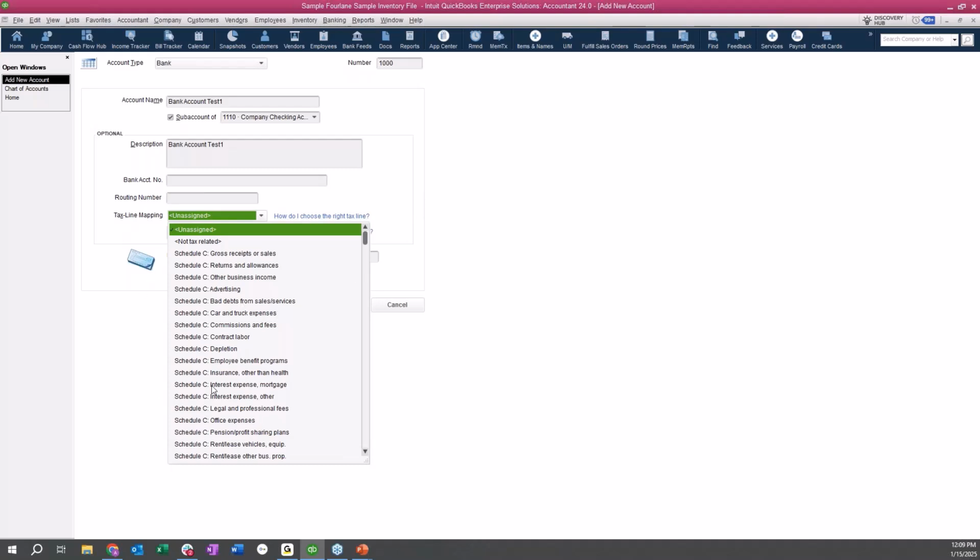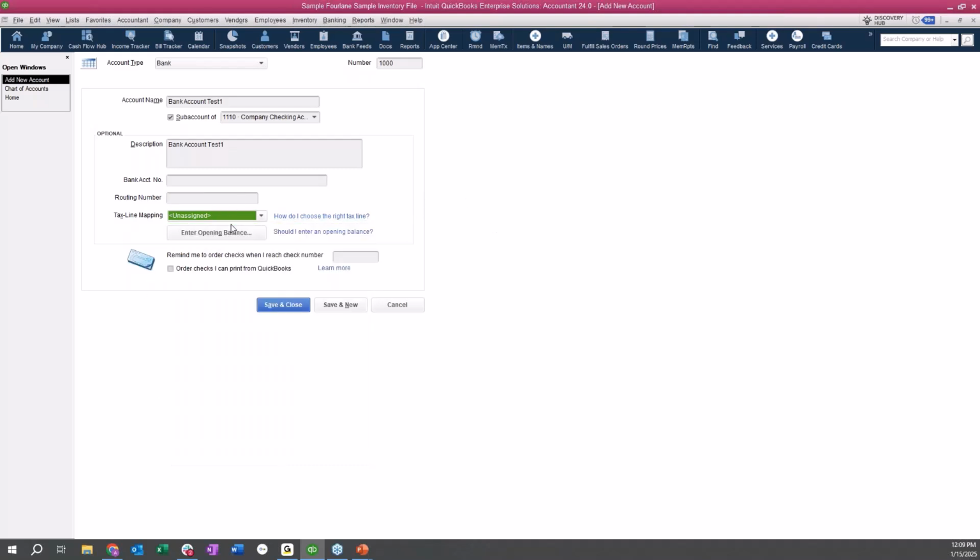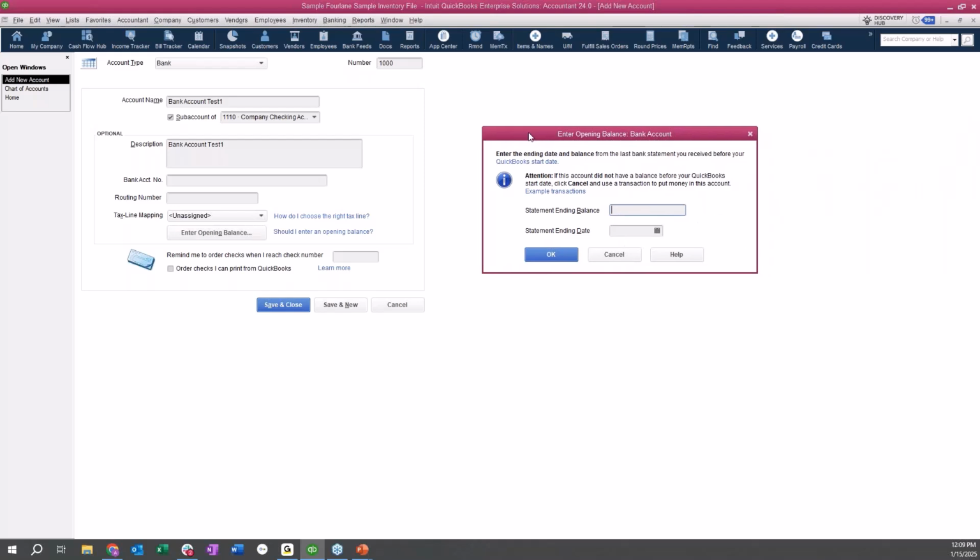And so this is something that will allow you, when you have connected for tax purposes and reporting purposes, to use that as well. Opening balance: you do have the ability to enter here your opening balance for your bank account. Typically, that's not how we would set up a client's